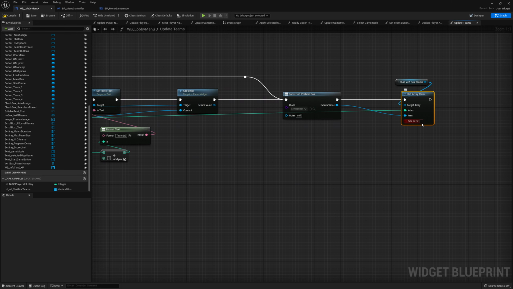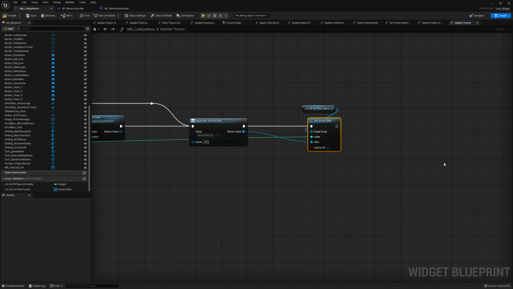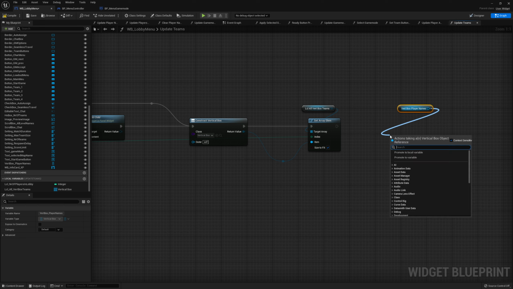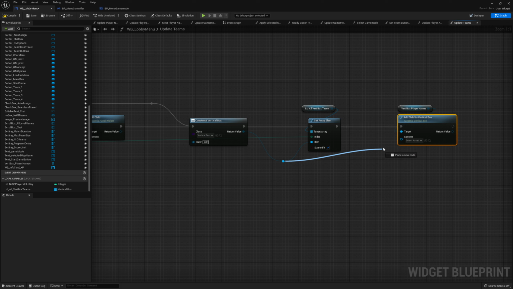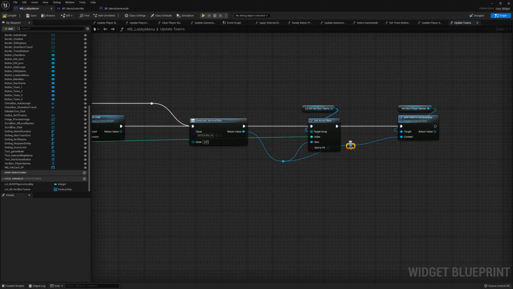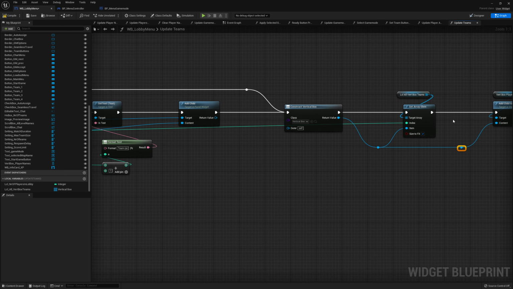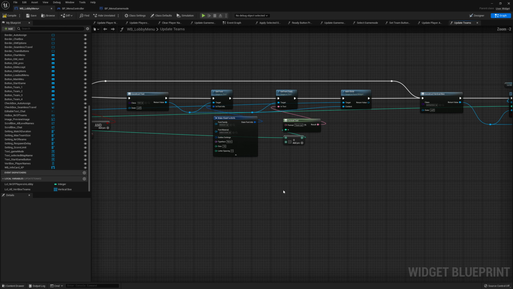We need to enable size to fit, so make sure that we tick that box, and then we want to add this vertical box to our existing vertical box player names. So we're going to grab that from the variables, drag off here, and we're going to say add child to vertical box, plug it in here, and that will add our team vertical box to our existing vertical box in the designer. So with that stuff set up, we will actually have the lobby look a little bit better in Team Deathmatch,